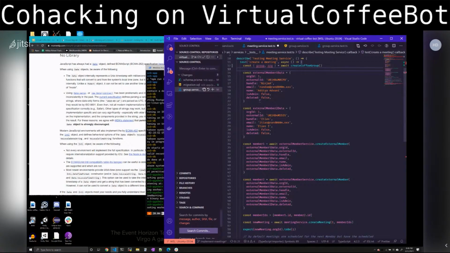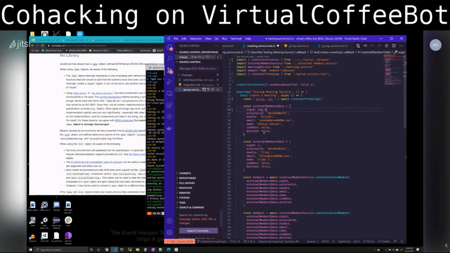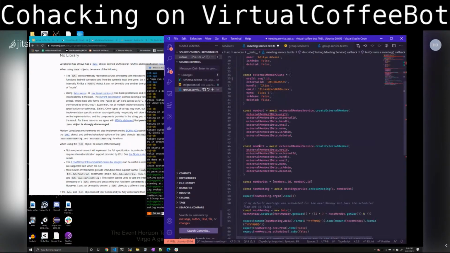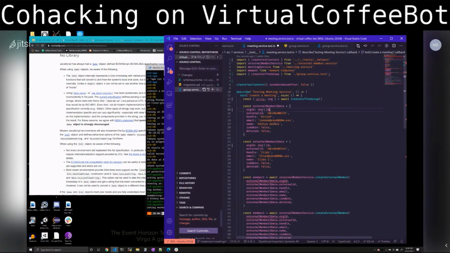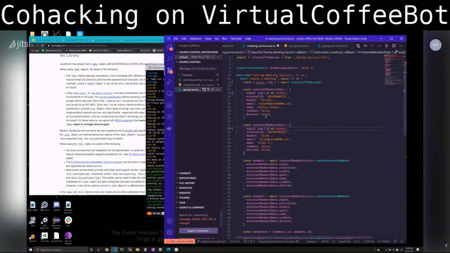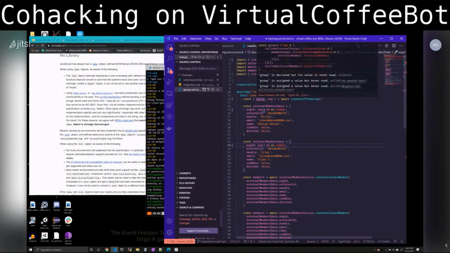And I can supplant this with org.id, question mark, question mark. TypeScript is screaming at me. Again, now I can have the group ID,